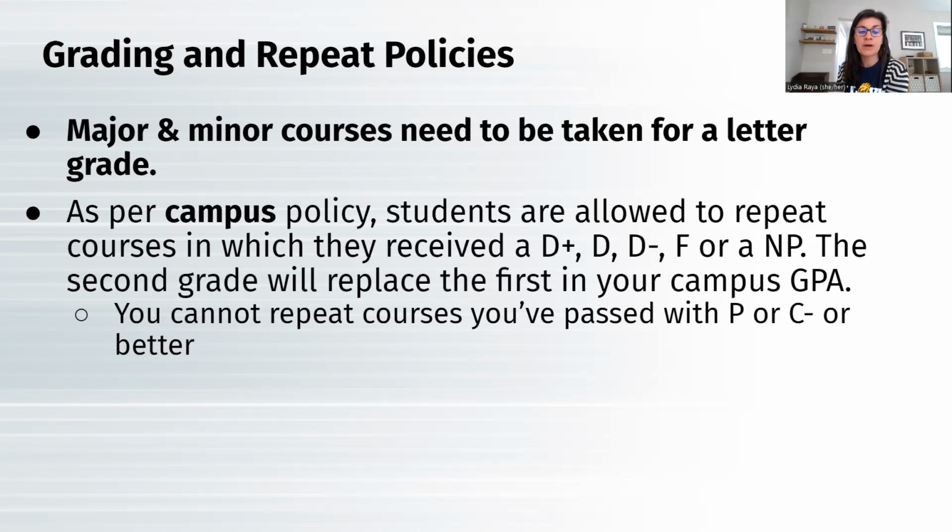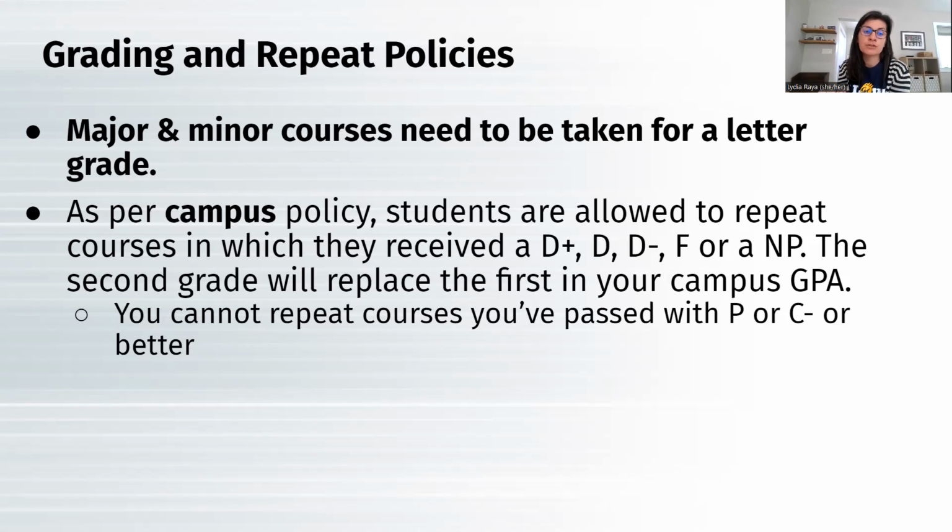And then the campus policy is you are able to repeat courses in which you get a D+ or lower, or a not pass. So those classes can be repeated, and then the second grade, or the higher grade, would be included in your campus GPA. But if you do pass a class, which means a P or a C minus or higher, you would not be able to repeat those classes. One note I should have included here